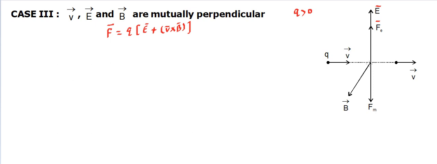Now if we do the V cross B, V is in the direction of X and B is in the direction of Z, then V cross B, that's I cross K, is going to be in the direction of minus Z. So the force because of magnetic field is going to be acting downwards like this. So you'll find that the force because of electric field and magnetic field are going to be in the opposite direction. Right, so if we consider these two forces, one because of magnetic field and the other because of electric field, they are going to be opposite, at least in this particular situation.